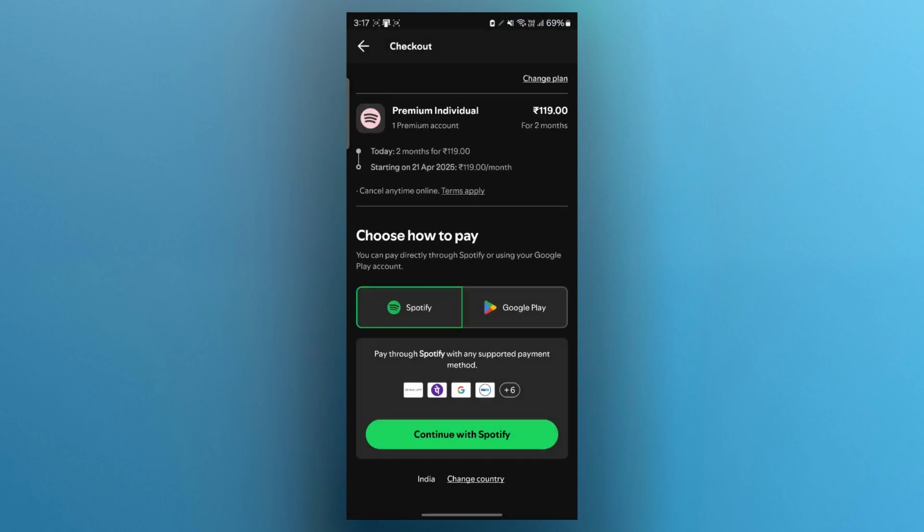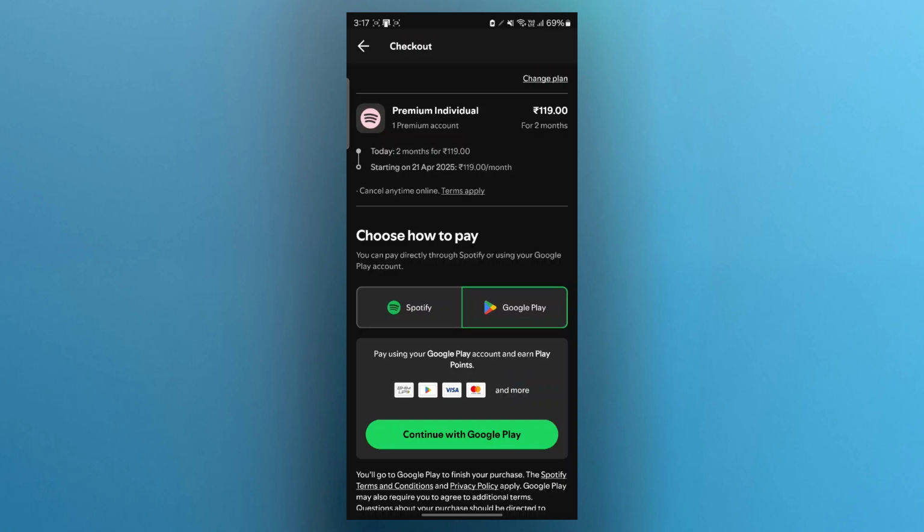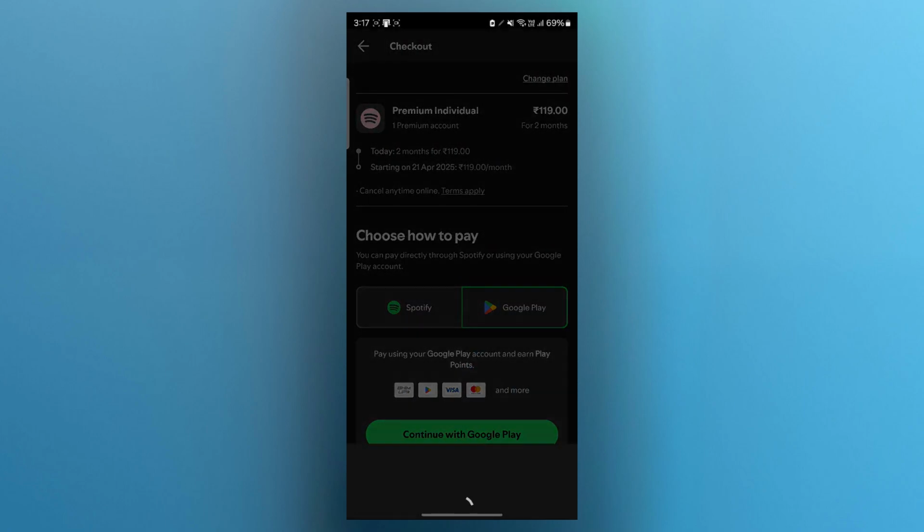Just choose that plan and click on continue with Spotify to pay it. You'll have to choose whether you want to pay with Spotify or Google Play. If you want to pay with Google Play, choose Google Play and click on continue with Google Pay, and this